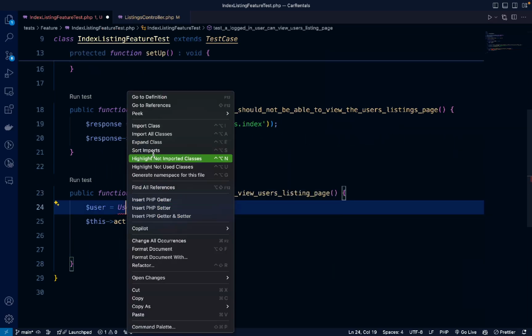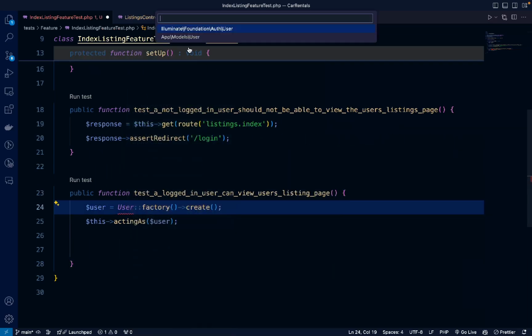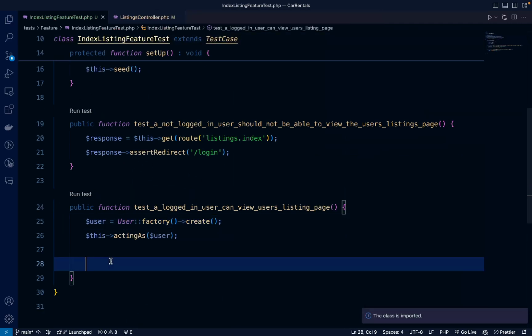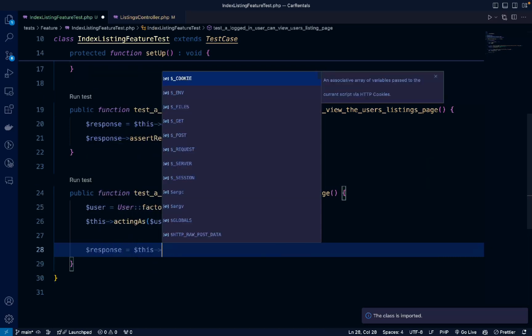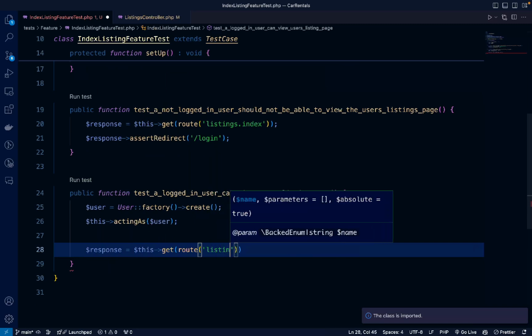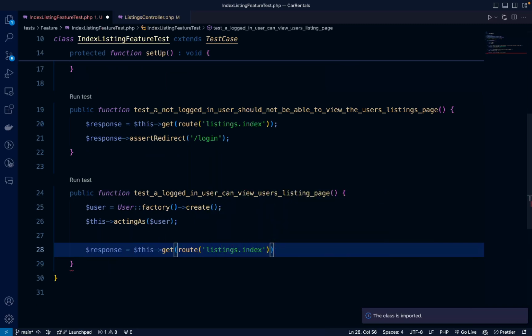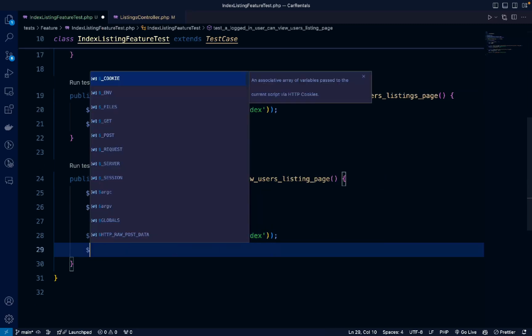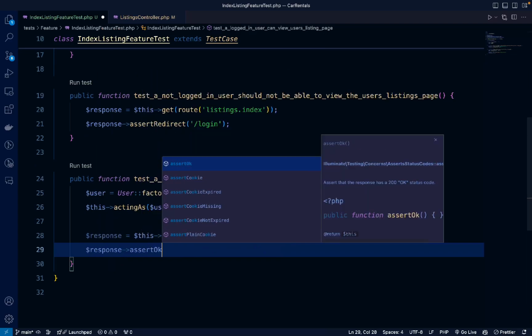Let's import the user class. All right, and we'll do response equals this get route listings.index, and we'll do response assert OK,